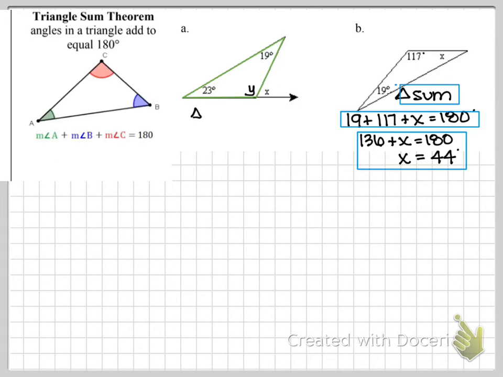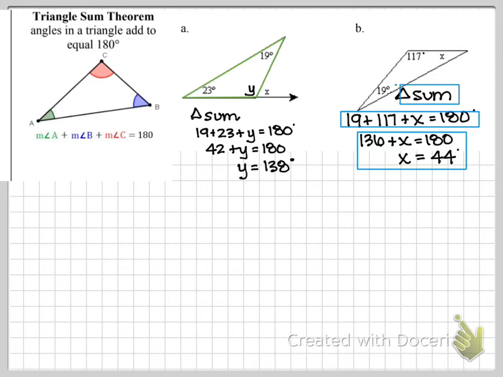So I know I'm going to use triangle sum because I'm going to add the 19 and the 23 and the y to get 180 degrees. Now, if I add those two together, that's going to give me 42 plus y is equal to 180. I'm going to move the 42 to the other side, and I think that's going to be 138 degrees. But now that's just y. That's not x. So now if we go back to the picture,